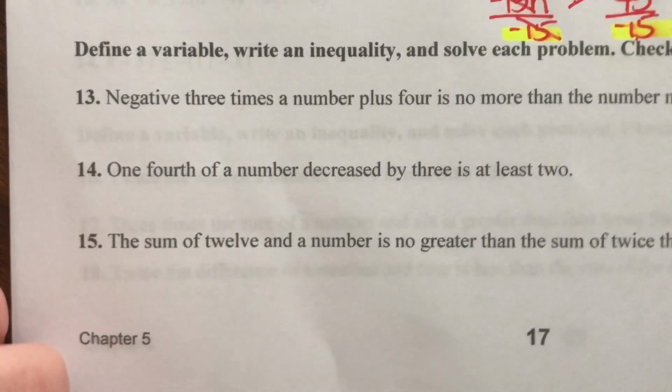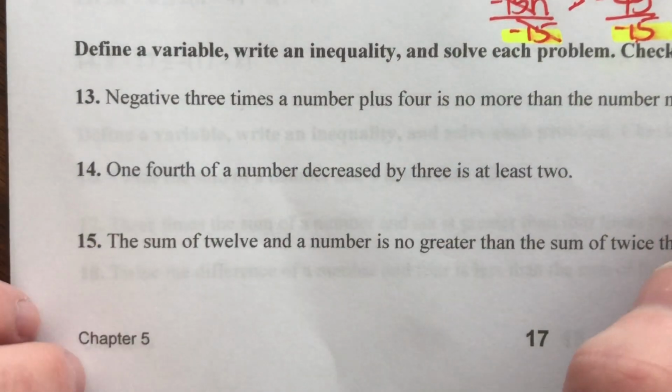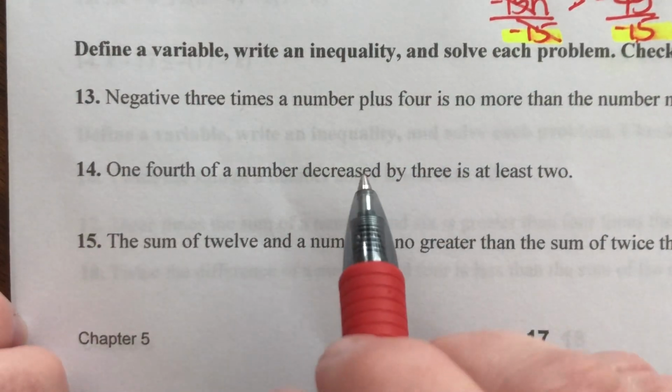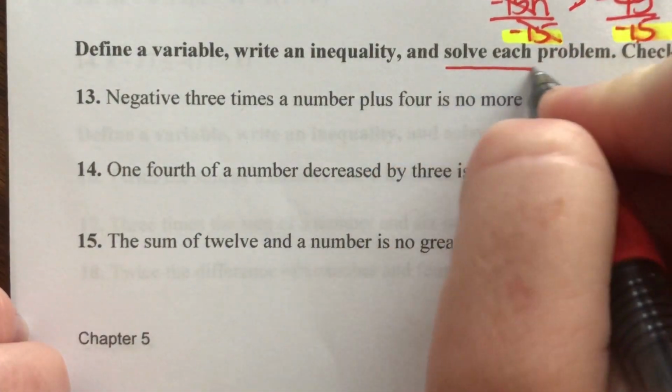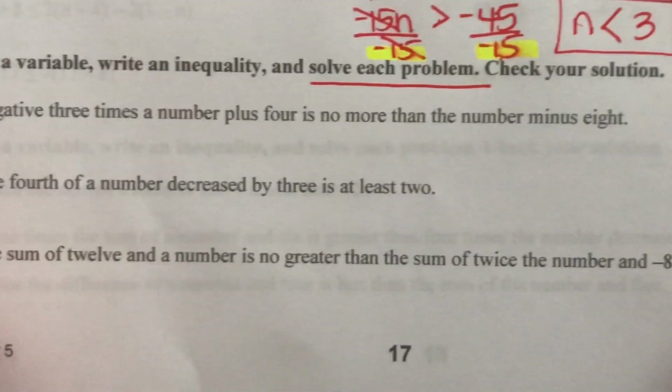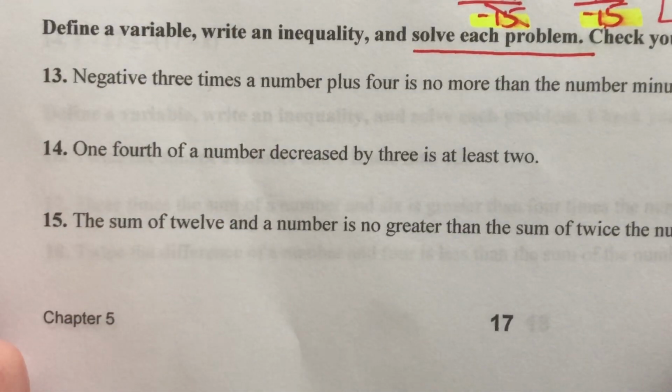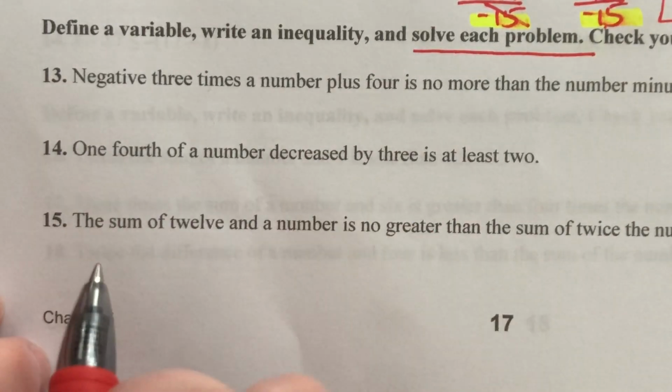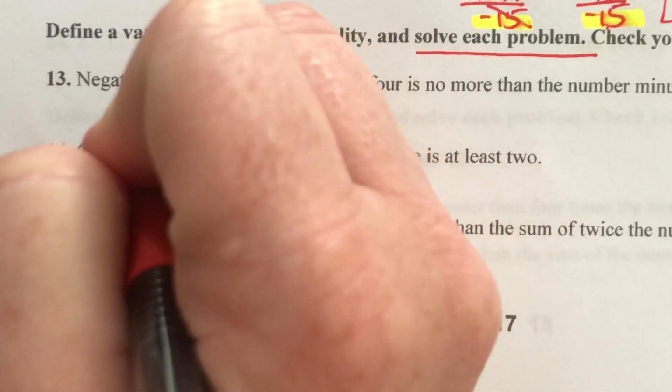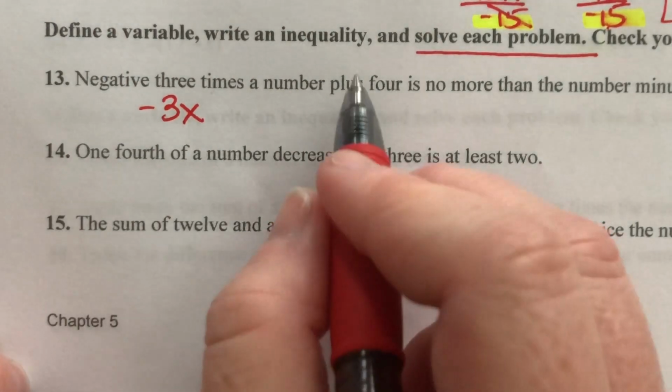Last 3 problems. 13. Negative 3. So we have to write this out. We have to translate it, and then we have to solve it. Okay? Make sure it does say solve each problem in the directions. So make sure you follow the directions. Negative 3 times a number. So negative 3x plus 4